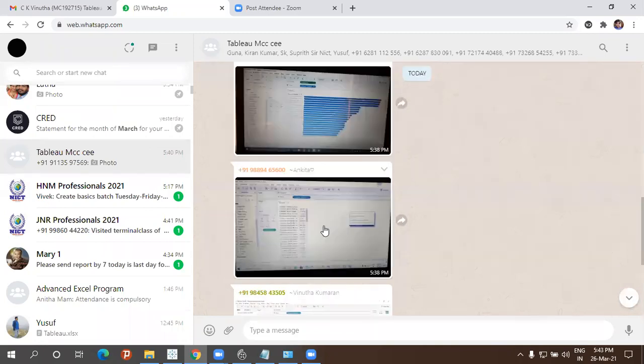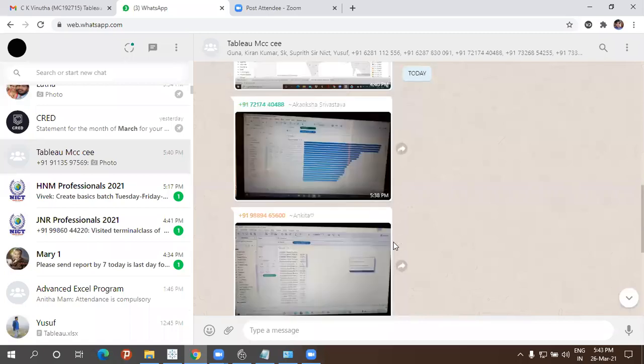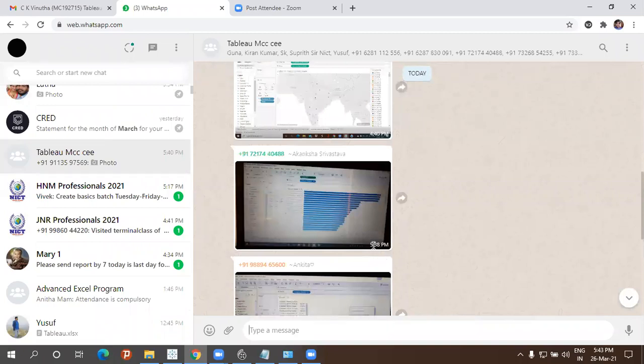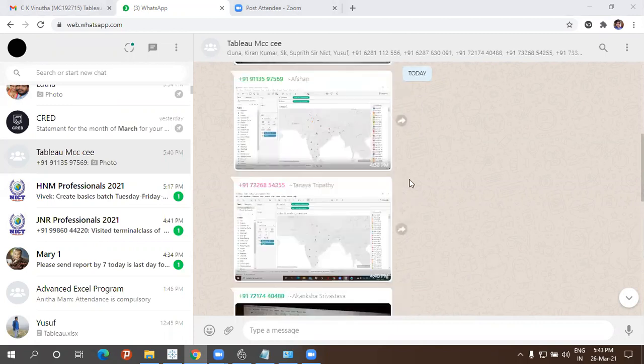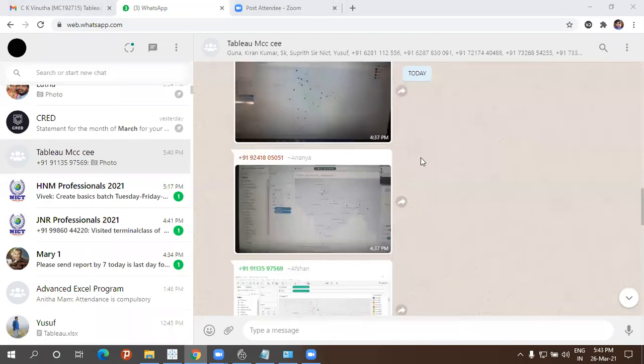Kanksha, Ankita, Vinuta, Afsan. 1, 2, 3. So what about others? Tanya, Tirupati, what about you? Palak, where are you, ma? Where is your assignment, sir? I'm there only, sir. I'm facing network issues. That's why I haven't sent it to you. I'll do that, sir. Sir, my laptop is hanging right now. That's why.